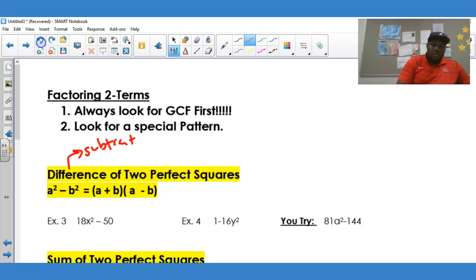Let me write that a little neater. Subtraction of 2 perfect squares. Now, the other part is 2 perfect squares. If you have 2 perfect squares, and there's a difference in the middle, so it's a perfect square minus a perfect square, what you do is you take the square root of the first term, and you take the square root of the second term, and your middle is going to be plus or minus. And I'm just going to show you an example. I'm going to take 2 perfect squares. Like, let's say